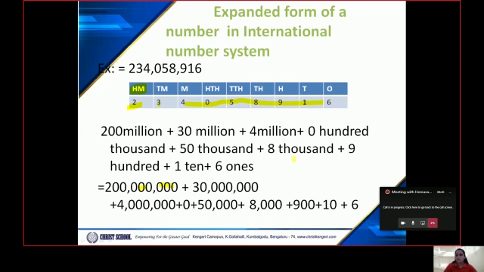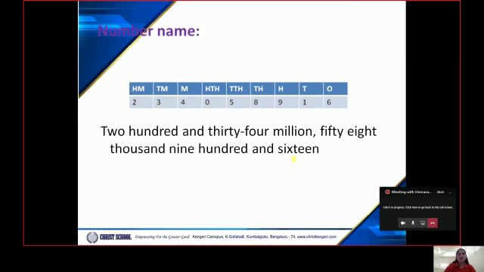All right, children. So let's see how to read and write the number names of the given numbers. The number has been given here. First you have to check the number and whether the commas have been inserted or not. The standard form is nothing but inserting the commas according to one of the systems. So this is in standard form now. You have inserted the commas according to the international number system, written a place value chart here, and inserted the numbers just below the places.